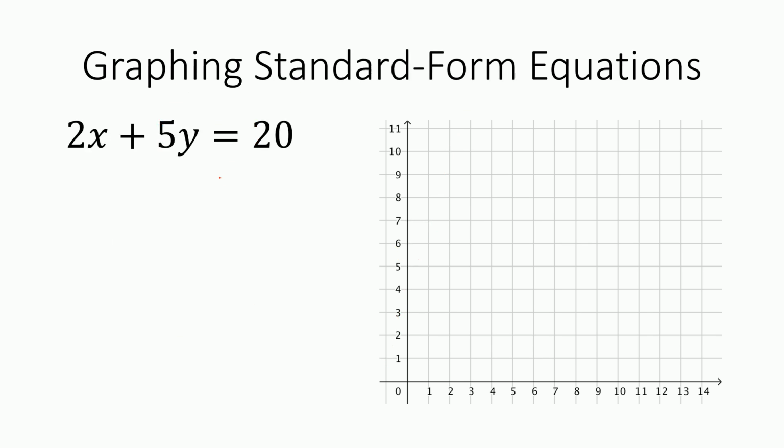So what's nice about graphing slope-intercept form equations is that you already have a couple of points really given to you, although you do have to find the second one. But that y-intercept and then the one point are easy enough to find, because when you use the slope, you start at the y-intercept, and you go up your slope amount and to the right one. With standard form equations, it's not so easy, but it's still not too bad to graph,